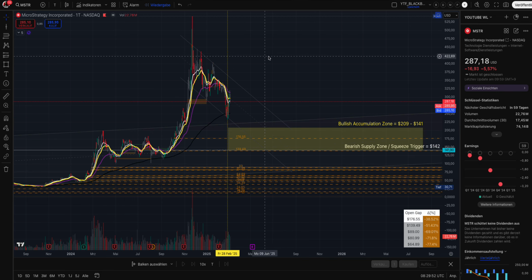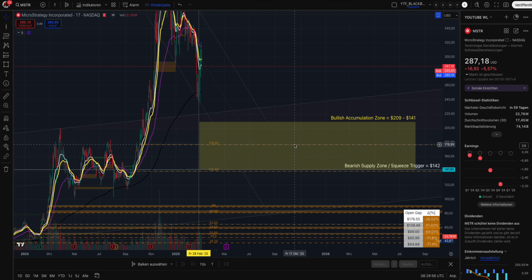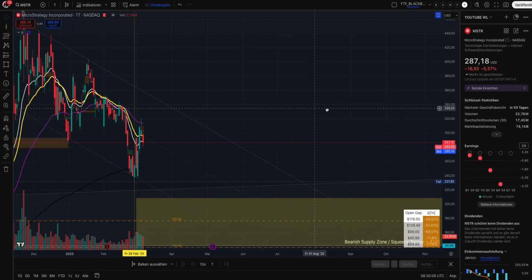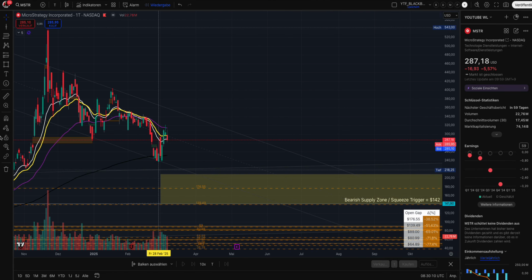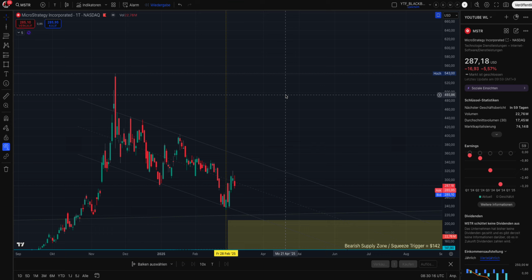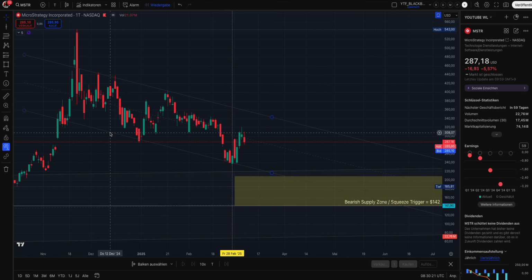So when we check the indicators here, we also know that we have two very important open gaps to the downside, $176 and $139. That's why I believe, guys, we will come down into this accumulation zone. I don't want to scare you or sound too bearish, but as I said, as long as we don't break out of this trend channel pattern, guys, we cannot talk about a bullish reversal or even a short squeeze. Of course, it can happen at any time, but what we can see is that the middle